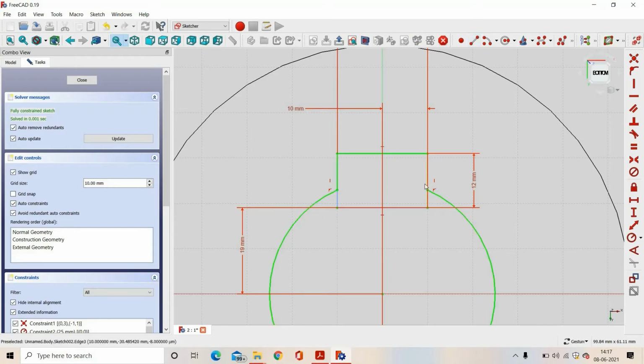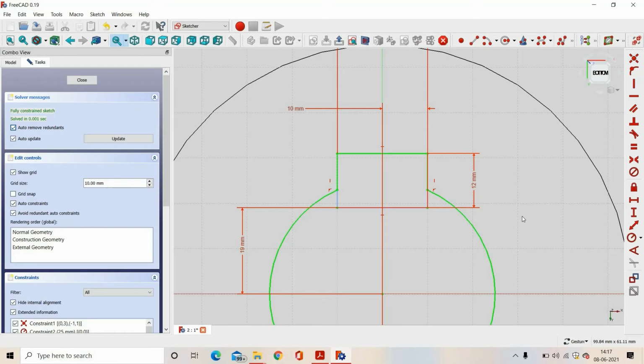Same thing we will do here. We will create a line. We will select these two edges and they will coincide. Similarly, these two edges coincide.